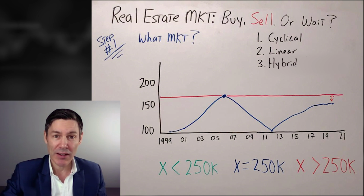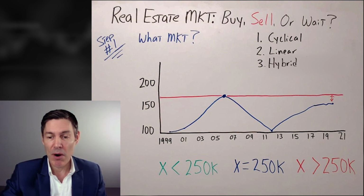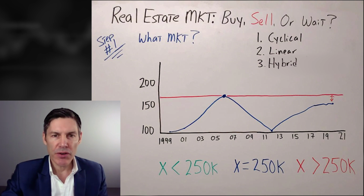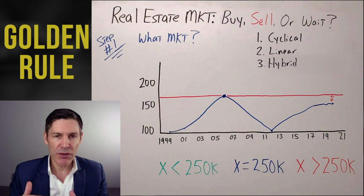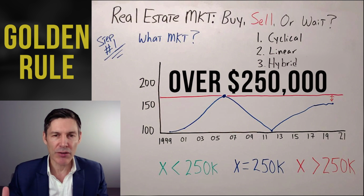You're definitely not going to see huge appreciation in a market like Cleveland. Now that you understand what type of market you live in, there's kind of a golden rule that we can live by, where if you crunch all the numbers, you see that if you're buying a home that's over $250,000,